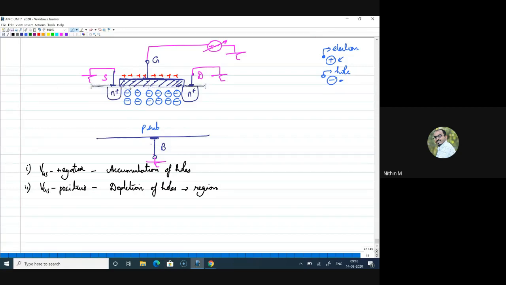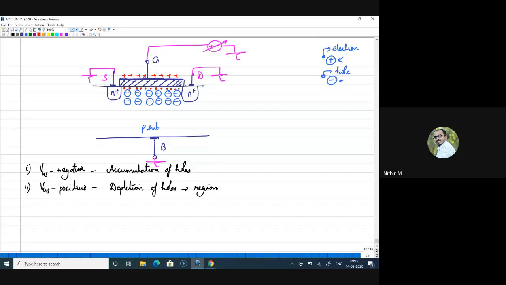So we will, in fact, I'll use a different color here. We'll actually get electrons here beneath this gate. Now from where do these electrons come? These electrons basically come from the source and drain regions, which are actually heavily doped. So you can see the N plus regions on both sides. Because of the positive voltage applied to the gate, electrons are being attracted from the source and drain, and that will be filled beneath the gate, right? I hope you understand this.